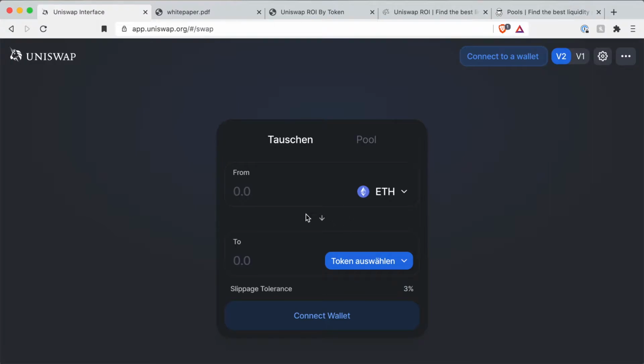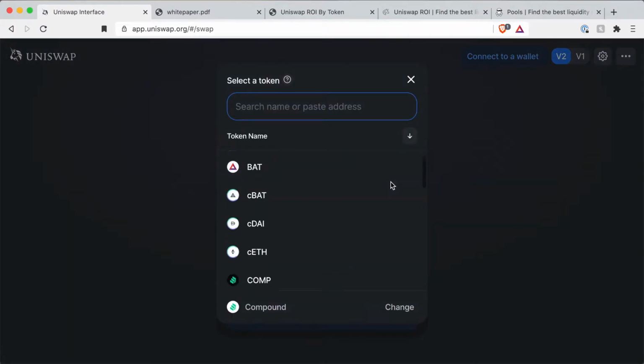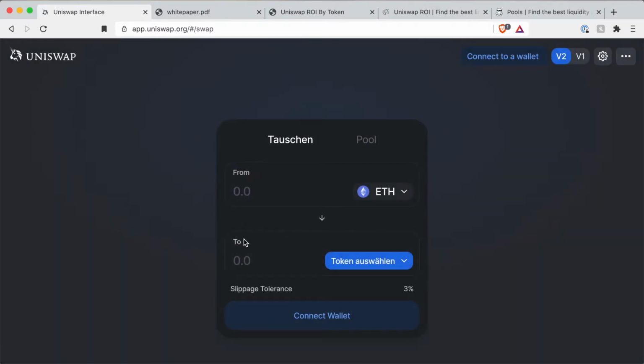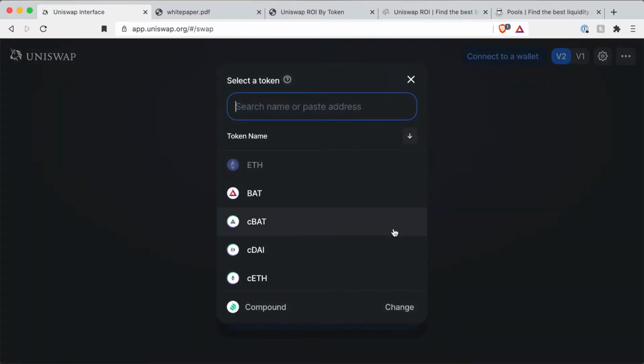So you see, it's always a currency pair. On the one side is the from currency, and on the other side is the to currency. At the moment it's set to Ethereum as a from currency, but there of course are all the options in the ERC20 space you can choose from. The same is true of course for the to side. So here you can choose any token you want. I could choose here now BET, but if you want to choose another token which isn't listed here,